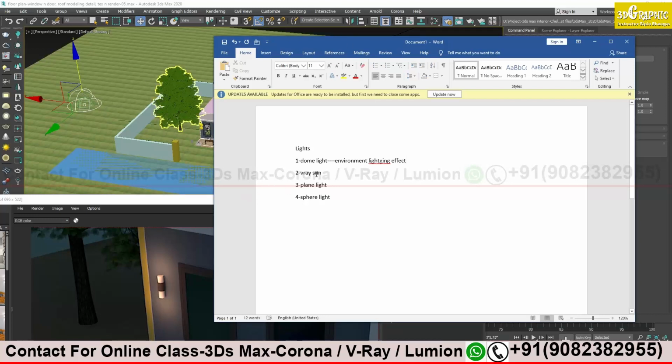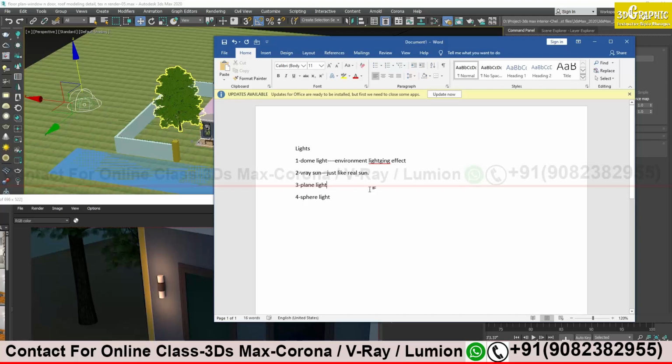Okay, clear? And V-ray sun, anything about it you would like to say? Just like the sun in our day-to-day life, if you move the sun up, it will be brighter. If you move the sun downward, it will be dull, the color will be dull and the light intensity will reduce, like evening time, no? So this is just like a real sun.